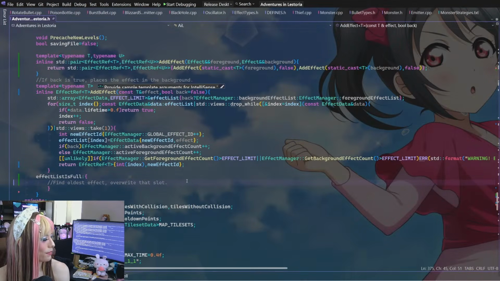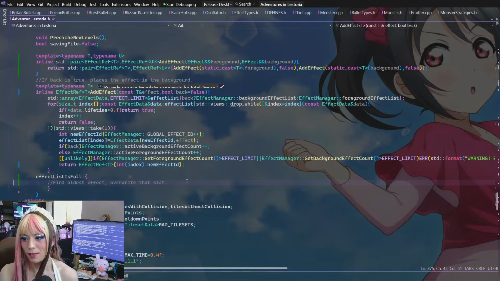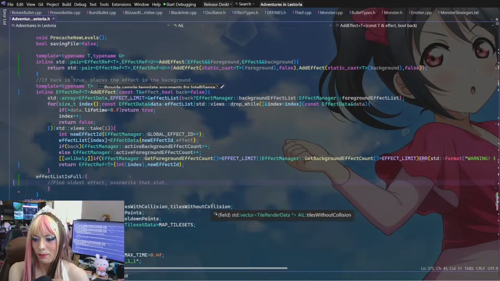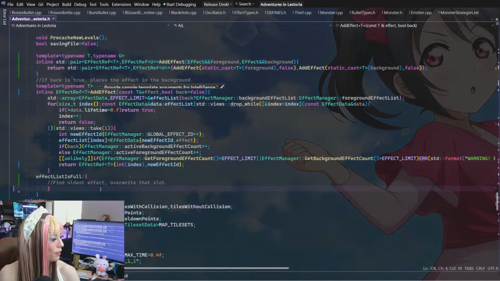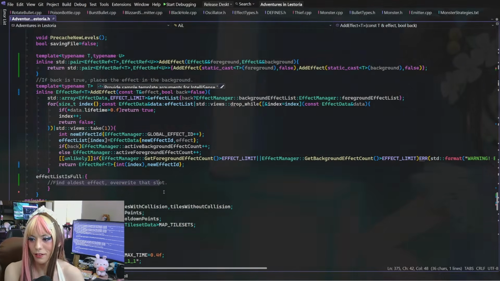My guess is that it's probably trying to generate effects right at the beginning of the game, and something we're doing here is just not working right, so we'll figure that out. But yeah. We also have to write this. We have to figure out what to do when the effect list is full.